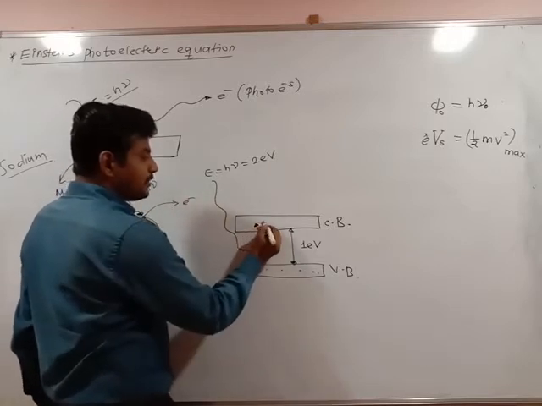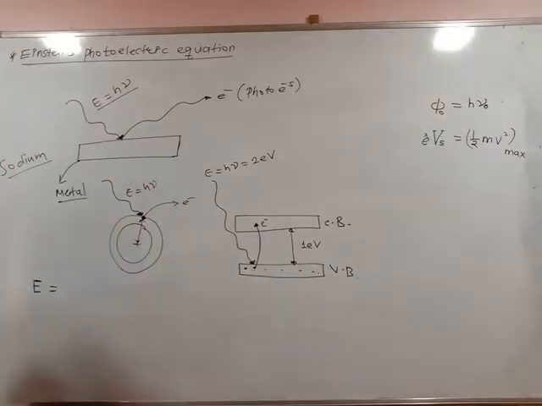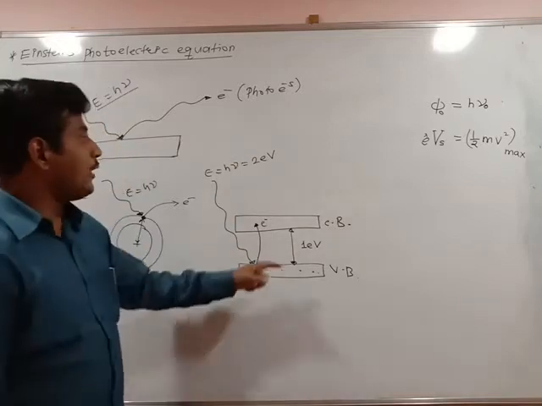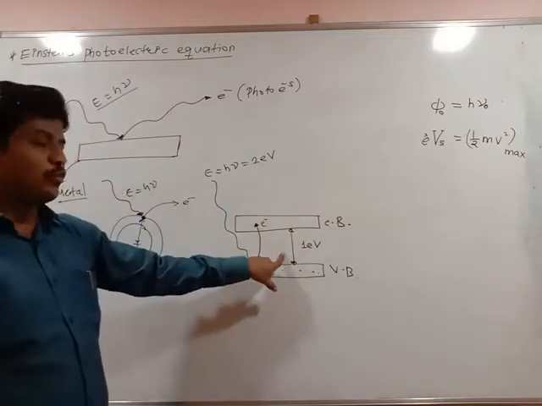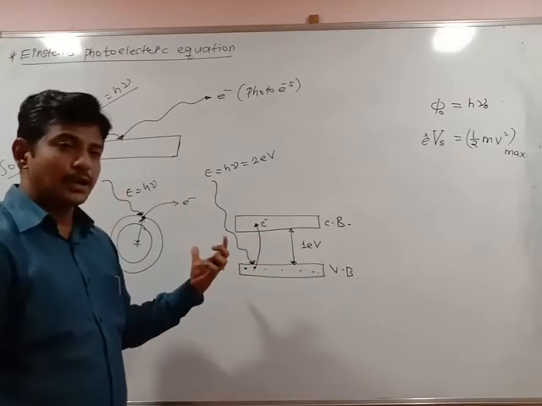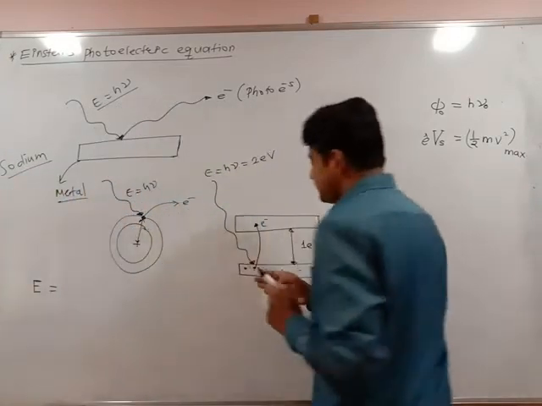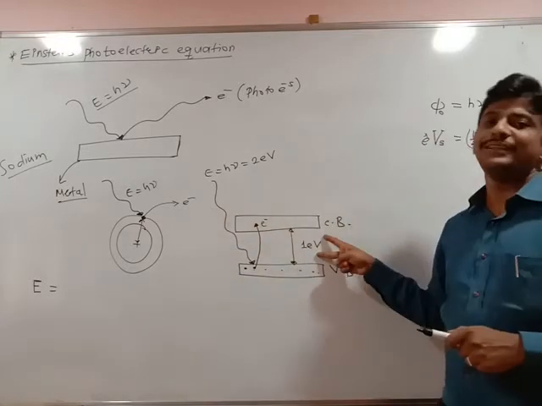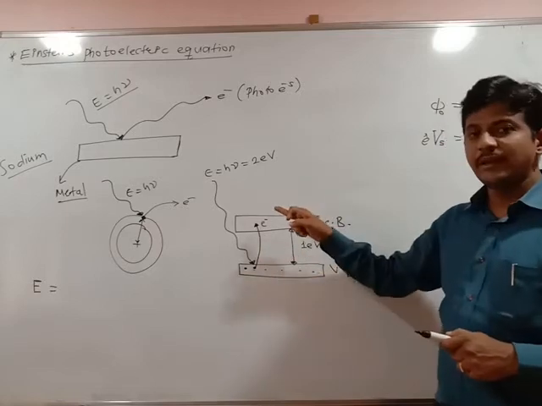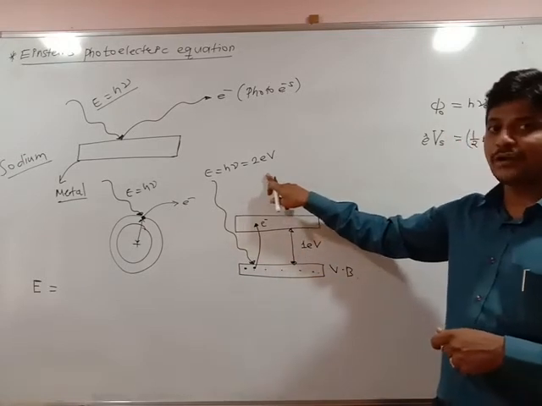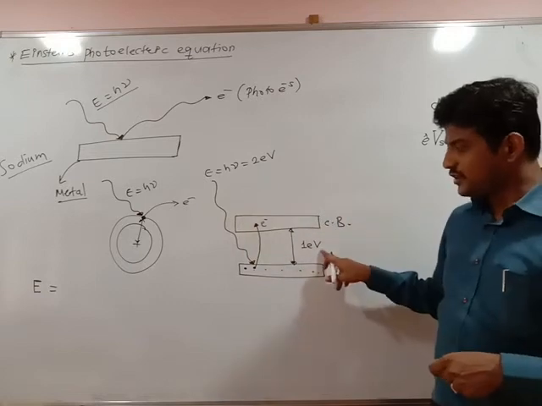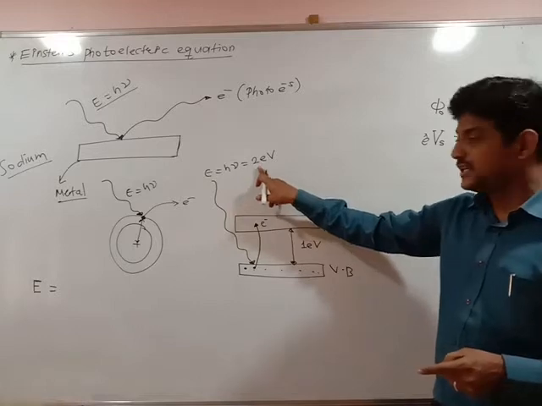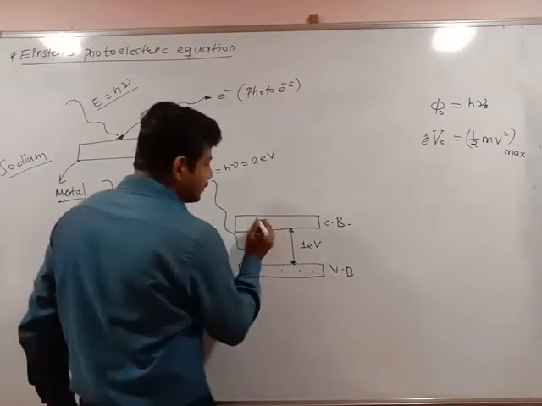And when the electron comes into the conduction band, then what happens? Already it received the energy of 2 electron volt. Out of 2 electron volt, 1 electron volt is used by the electron from the photon to eject from the valence band and jump into the conduction band. Where has the remaining one gone? Out of 2, one is used to excite the electron from the valence band to the conduction band, and the remaining 1 electron volt energy is used to increase the kinetic energy of the electron.